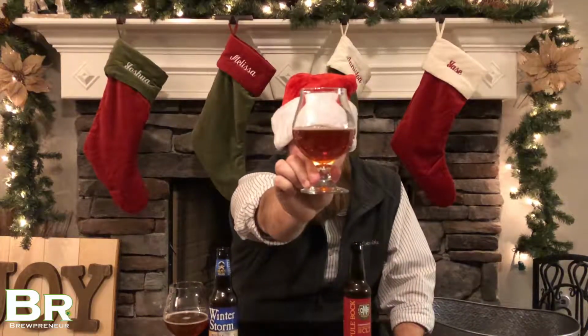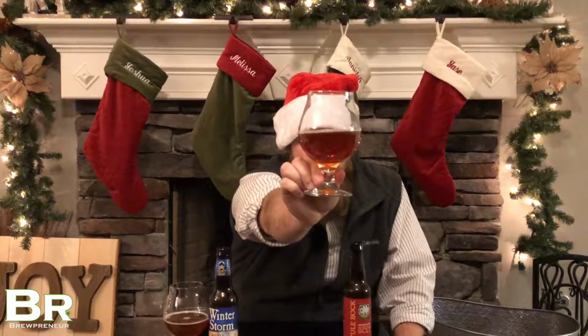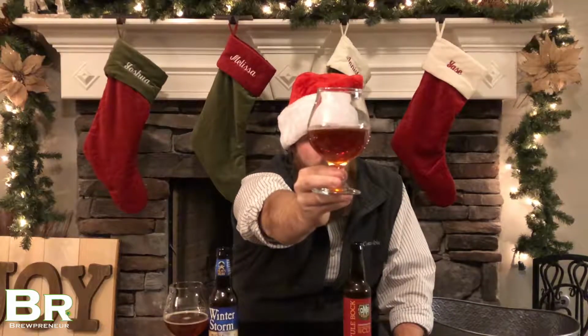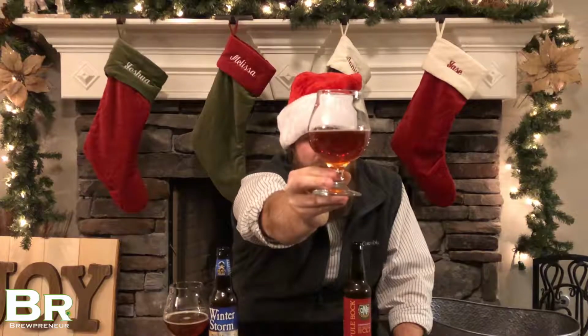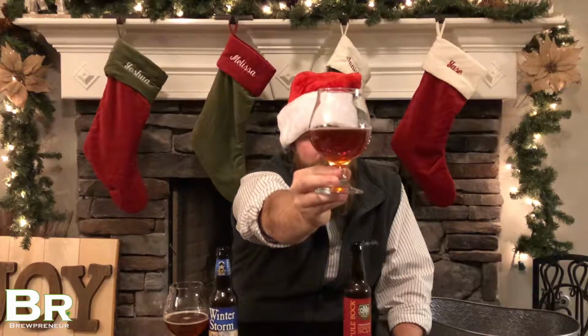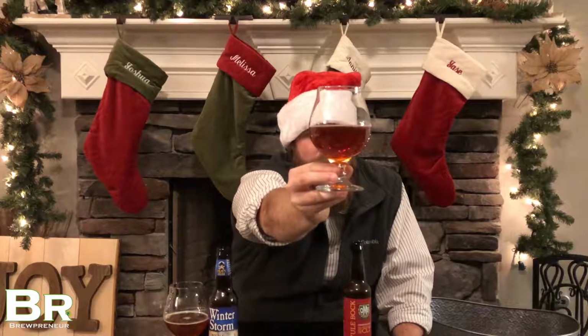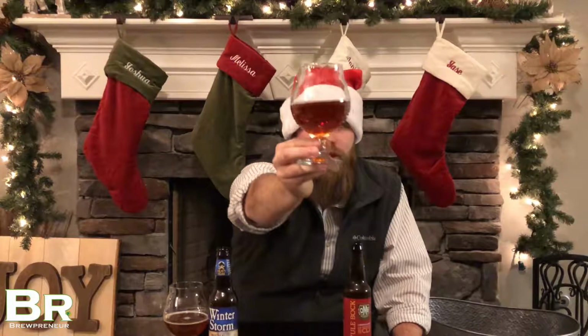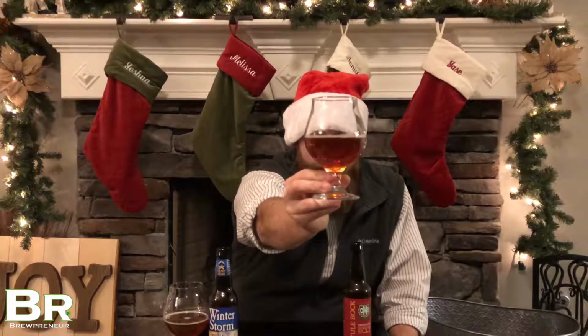That is a beautiful beer. Copper color, not too dark, not as dark as you might think being a Bock beer. But the great thing about the Bock subset of beers, the genre I should say, is it can range in color. You can go from really, really light, like a golden Helles Bock, all the way on to some darker, like double Bocks and things like that are actually